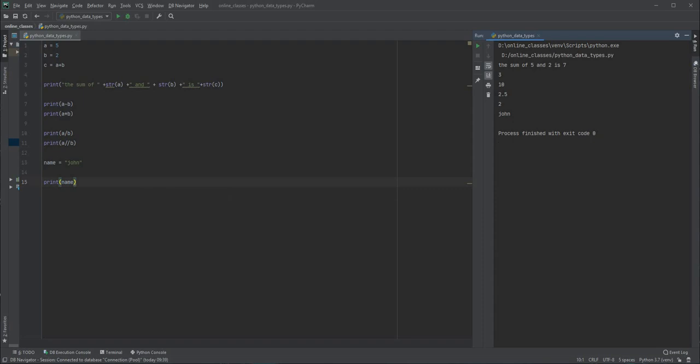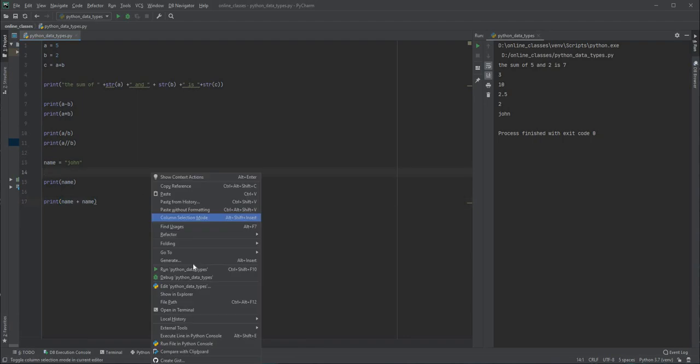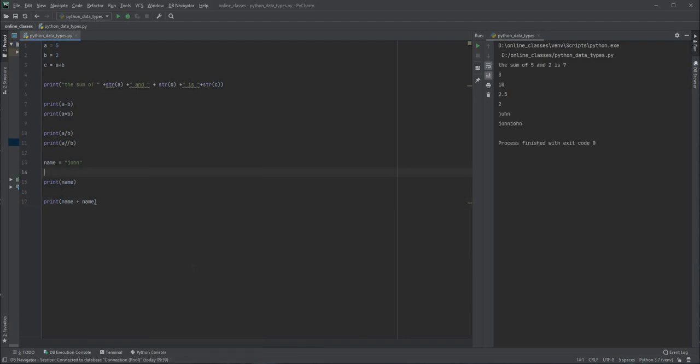Now I'm going to say print name plus name. I'm concatenating two string variables, so two times I'm going to get John. But I have not got any space in between.